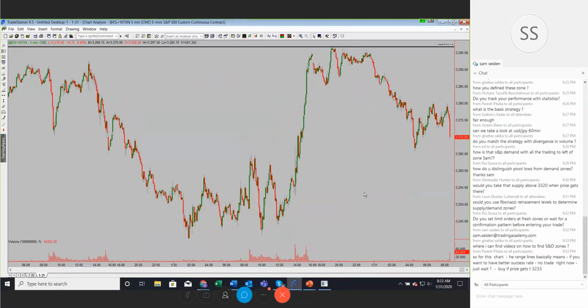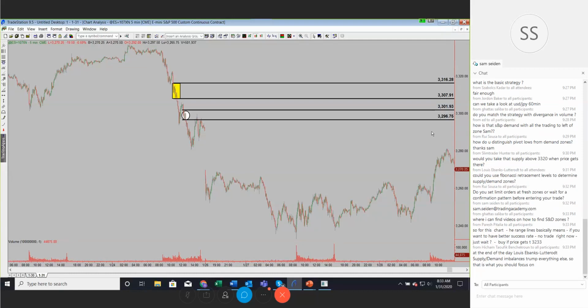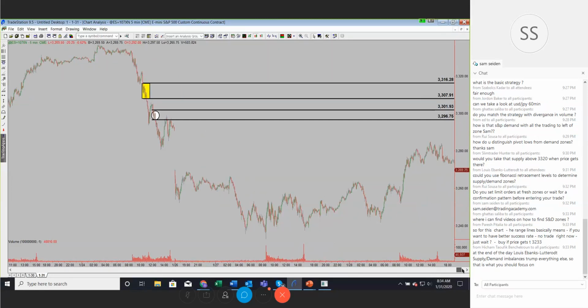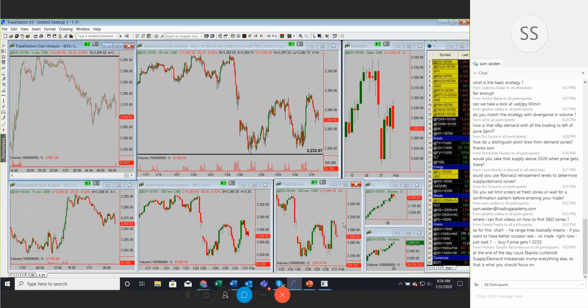So yeah, if prices went higher, because at the end of the day, you're asking where should we short and where should we buy, right? According to the strategy, there's probably some supply left here. You have two fresh levels on top of each other up here, so those would likely be higher probability shorting opportunities. And that's above all the recent price action. So we're out of this range, which is what we want to be, out into fresh territory. And then on the downside, what appears to be any significant demand is not until below 32,32.